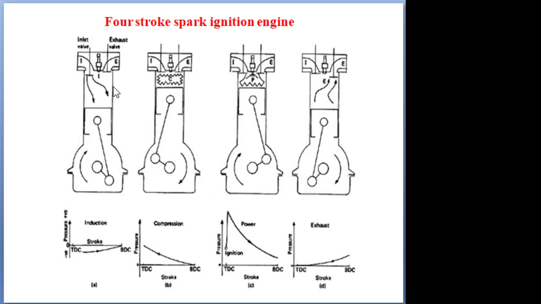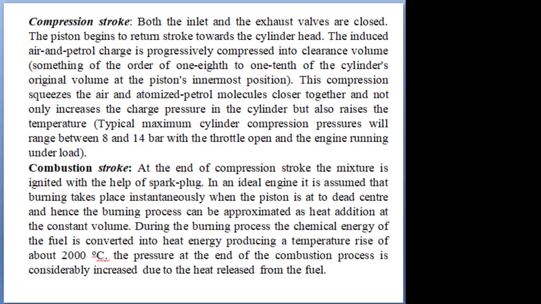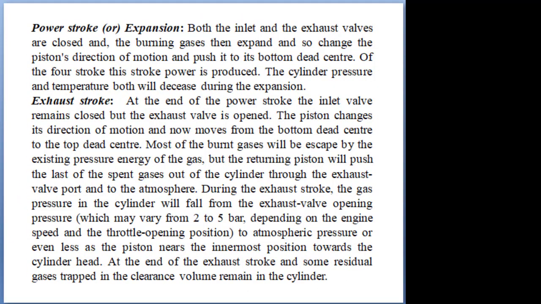So you see, one movement of the piston from BDC to TDC or TDC to BDC is 180 degrees rotation of the crankshaft. So the total rotation is 720 degrees, meaning 2 revolutions of the crankshaft to complete the 4 operations. How does combustion take place in spark ignition? By giving the spark we complete the combustion process. That we have already explained, and I have given the full explanation in the entire material.